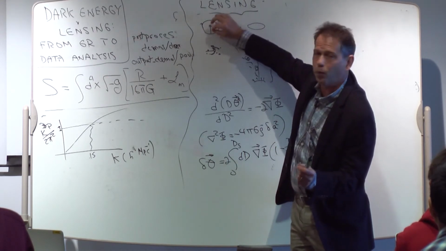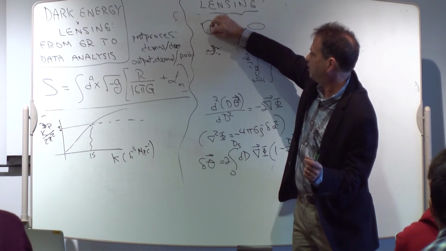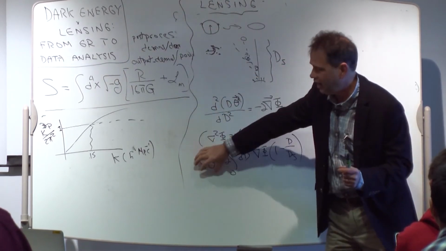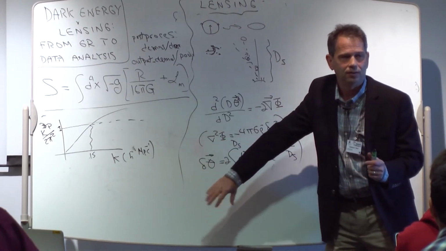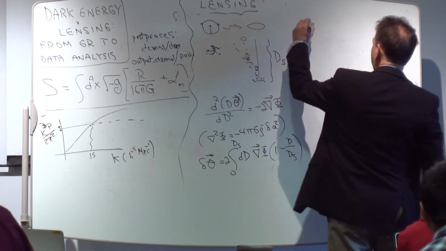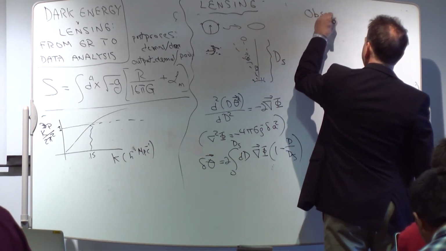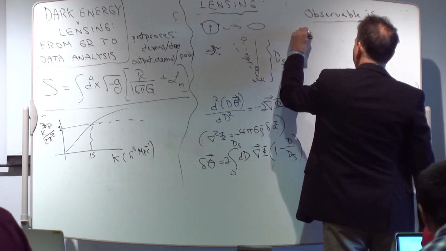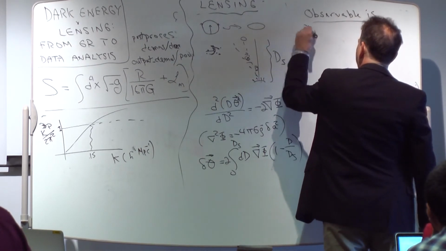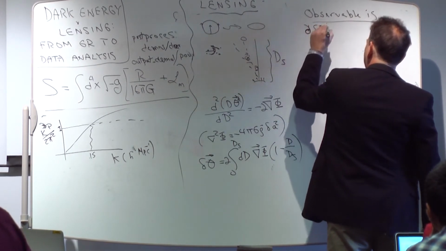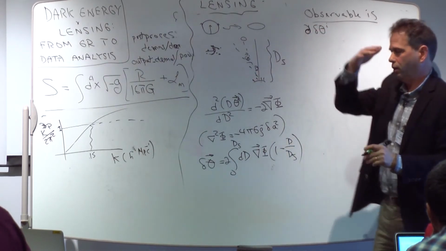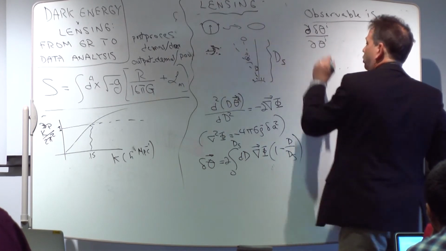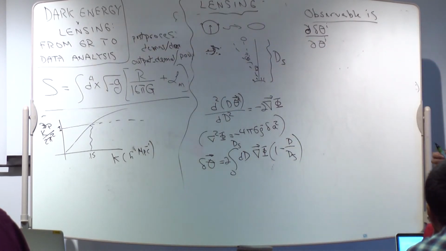Right? We want the fact that the bottom of this galaxy is deflected more than the top. So we really want the change of this deflection angle with angle. That's what we want. So what's observable in terms of the shape is the derivative of this deflection angle, which has 2 components, x and y components, with respect to angle, which also has 2 components on the sky. So that's what we want.